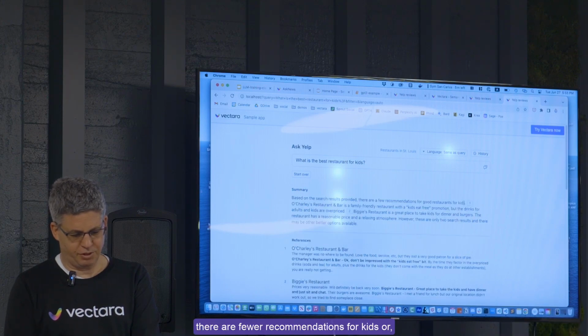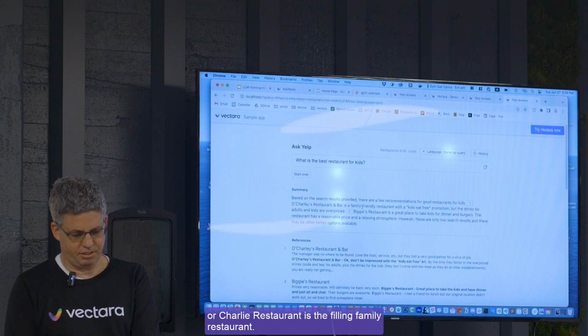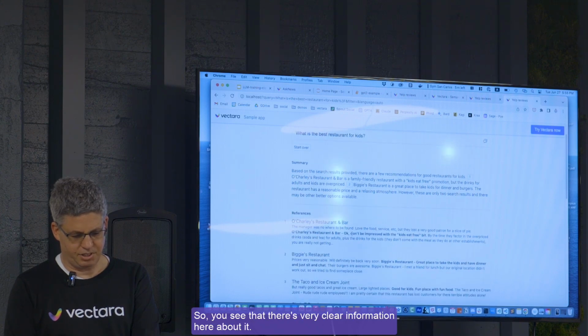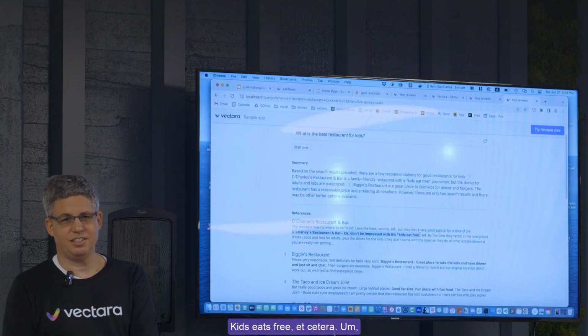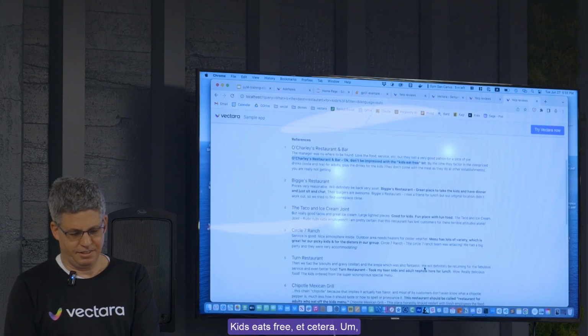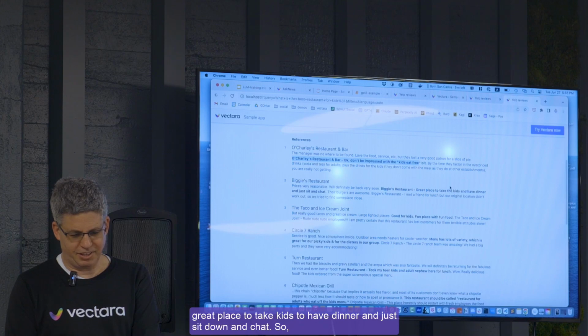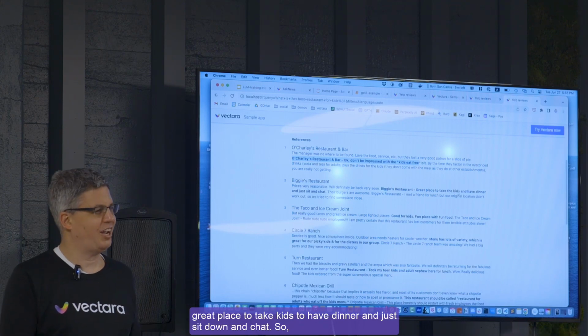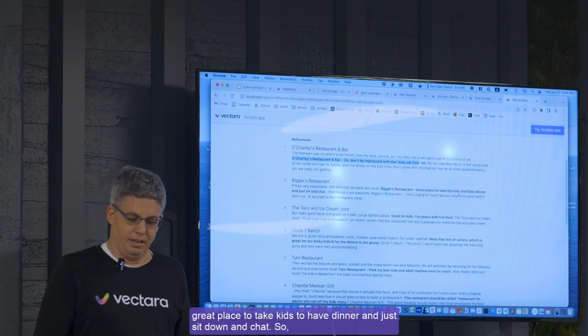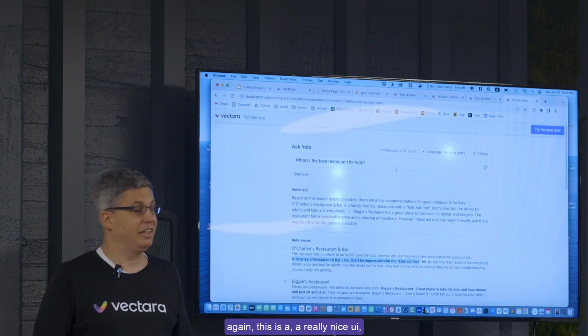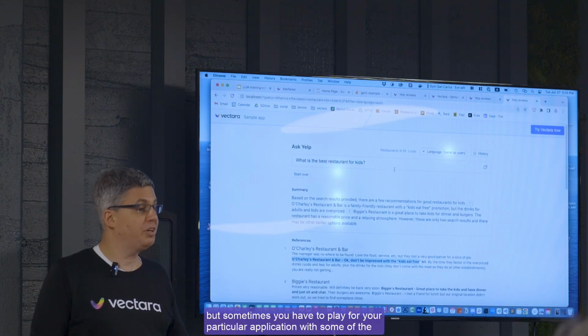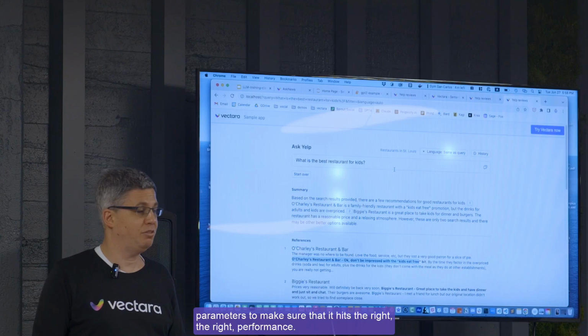Their favorite recommendations for kids, or Charlie restaurant is the family restaurant. So you see that there's very clear information here about it. Kids eat free, etc. Great place to take kids to have dinner and just sit down and chat. So again, this is a really nice UI, but sometimes you have to play for your particular application with some of the parameters to make sure that it hits the right